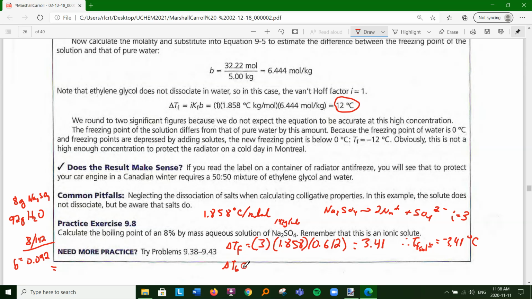Delta TB is i times Kb times molality. Now the Kb for water isn't 1.858. That was the freezing point one. For water, it is 0.512. So 3 times 0.512 times the molality 0.612. I did this all on purpose so you could see how it works. 3 times 0.512 times 0.612 is 0.94